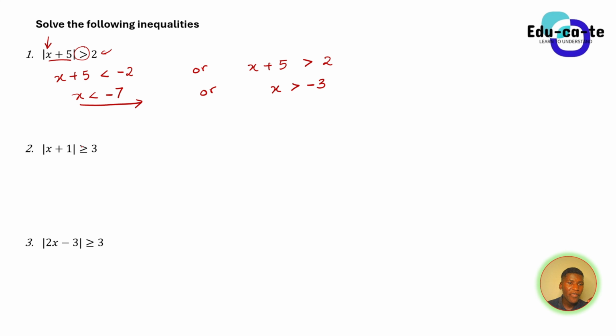Okay, here you have got greater or equal to. The equal to is of no significance. I repeat, the equal to is of no significance. It is basically because this equal to doesn't really affect the result. You just need to take it along. So in this case, the absolute value of x plus 1 is greater or equal to 3.